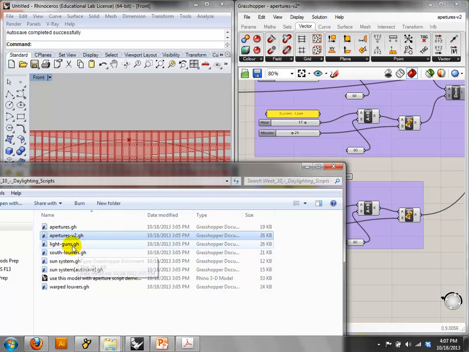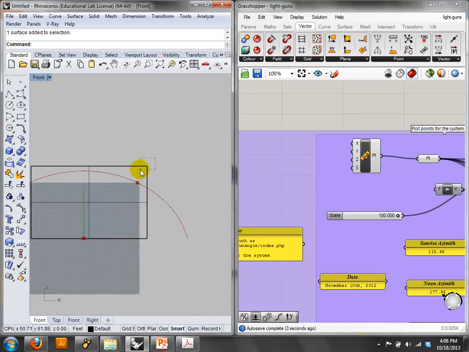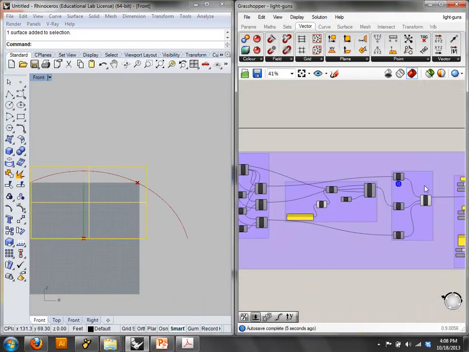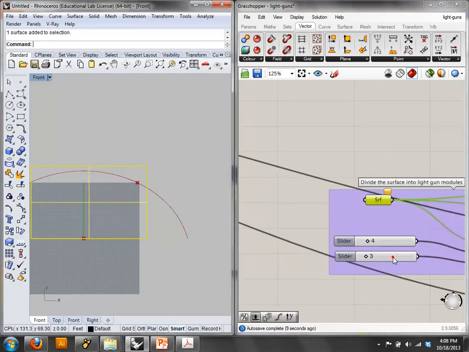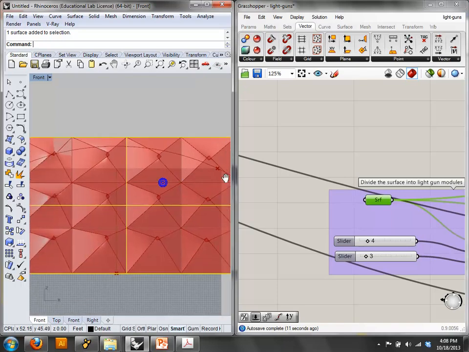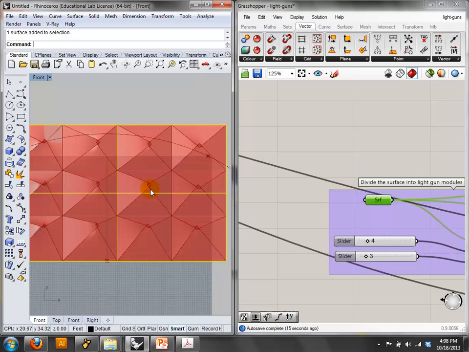Okay, so light guns, and this is the one. It's a bad finale to end on because it doesn't quite look as good as I'd like it to. All right. So this is one example of light guns, and what I've got is two rectangles that are lofted,